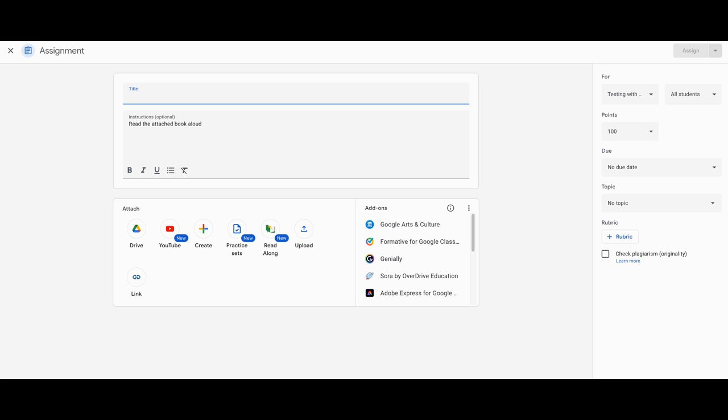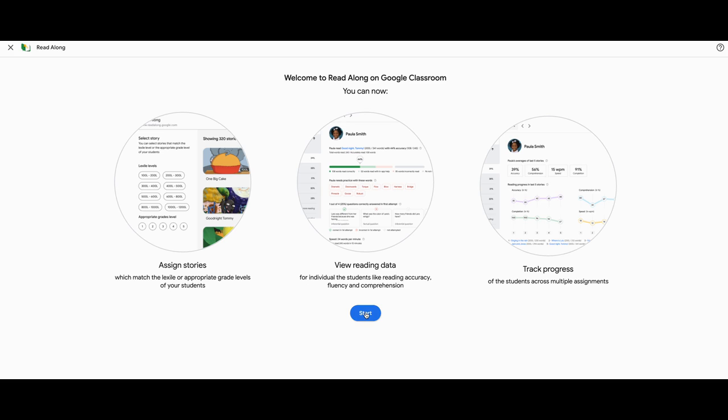This feature in Google Classroom is amazing. I just love this. It's called Read Along. It was an app that was used on phones and tablets, and this past year they made it into something that was available online, and now they've incorporated it into Google Classroom so that your students can read aloud, and you'll see, it's awesome. So I'm going to click on Read Aloud, and then I am going to look over to the left. Well, first I'm going to start so I can assign stories, read reading data, and track student